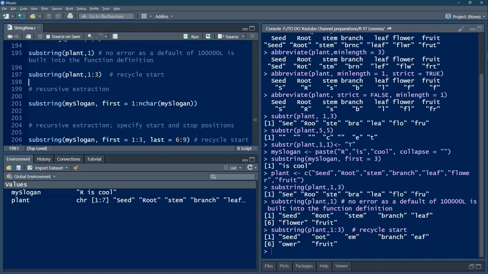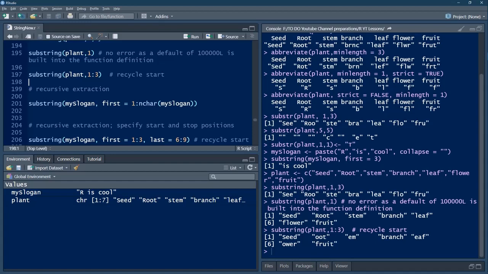Now let us look at recursive extraction. Here again we are giving first as a sequence. This is as good as this only. Whatever recycling has been done, that only is being mentioned as recursive extraction. So here I have said starts with first, you can give any argument, and I have given the same like 1 colon 3, I have given 1 colon nchar of my slogan.